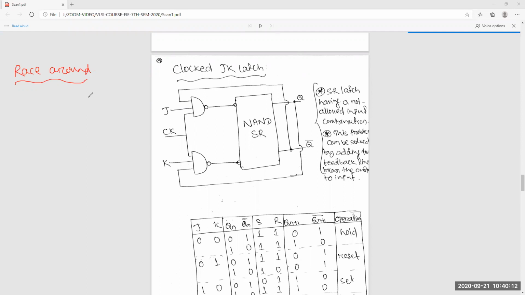So we have to solve this timing problem, because the result will be that it toggles between those two.